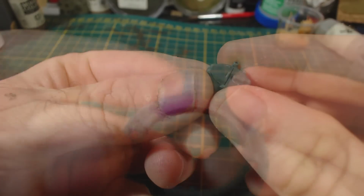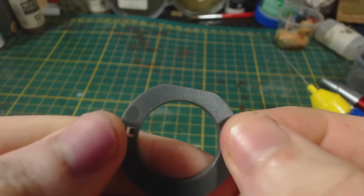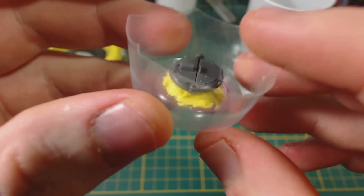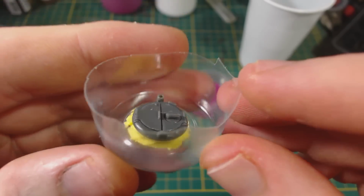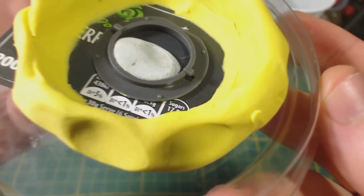The other part is this ring that goes on the underside of the turret and allows it to lock into the hull. I've seen others take care of this problem with magnets and sheets of plastic, but I figured I would try something a little bit different. I'm going to make a silicon mold of the hatch, and while I'm at it, I might as well do the turret bottom. To make the mold, I cut down a disposable shot glass and used plasticine to secure the